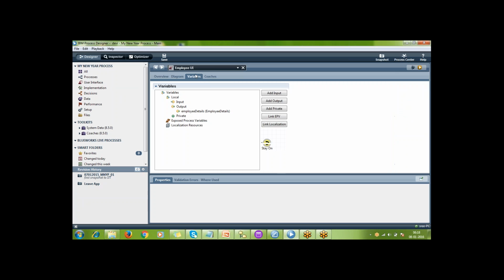In all the services, you can see the resource link for localization. EPVs are available in both BPDs as well as services, but you have to click on link EPV. Environment variables are something you can call global. No need of linking; wherever it is required you can use it. But tw.env.